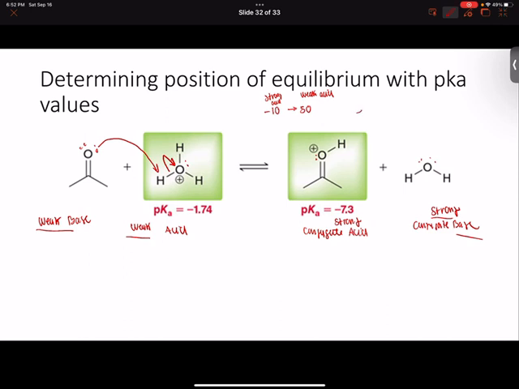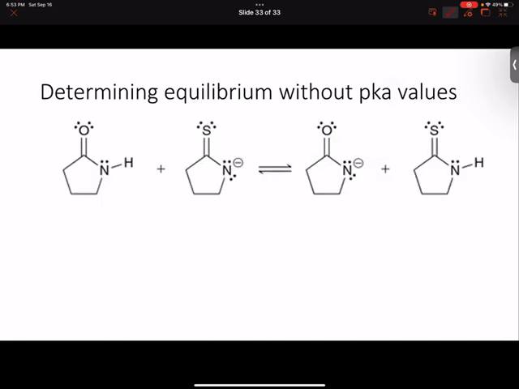And we have to remember equilibrium favors the weaker side. So then our equilibrium is gonna go this way. So this is for us to determine the position of equilibrium with pKa values. But what if we don't have any pKa values? That's a little bit much harder. So for those ones, we normally use ARIO as well, which is pretty helpful to determine which one's more acidic